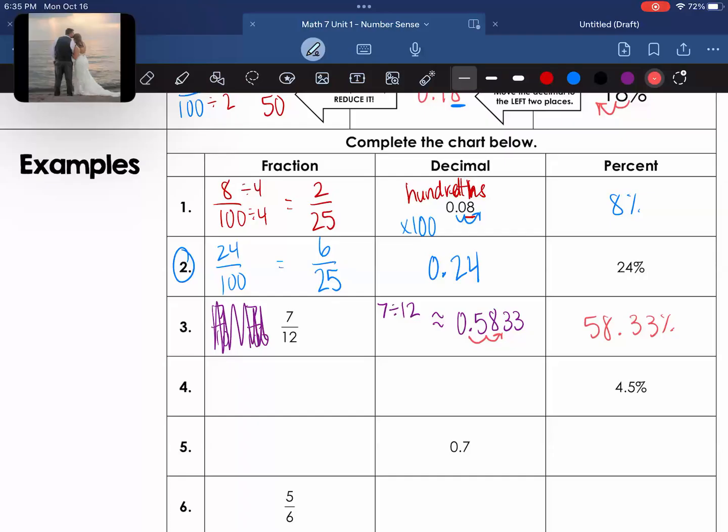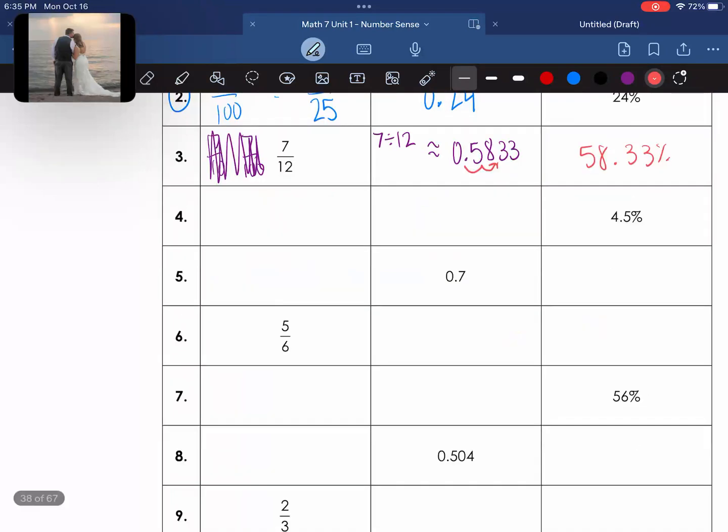All right, let's take a look at number 4 now. So they gave us the percent. Now we have to find the decimal and the fraction. So remember, you have to divide by 100 if you're going from percent to decimal, which also means just to move the decimal 2 place values to the left. So this time we get